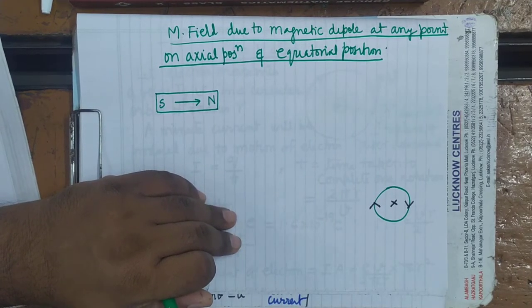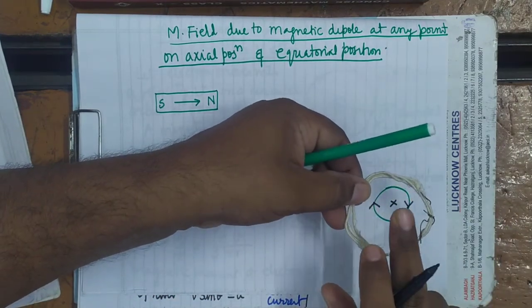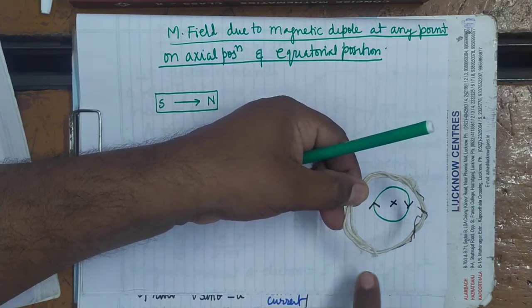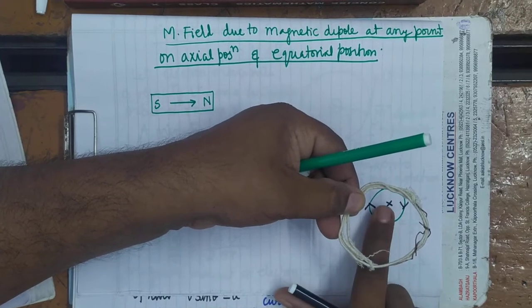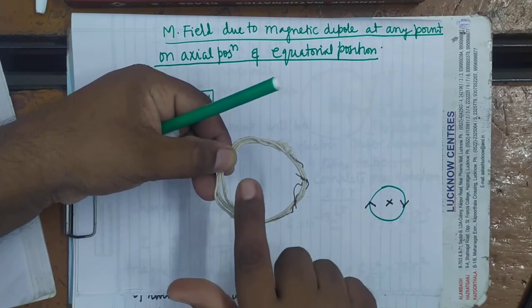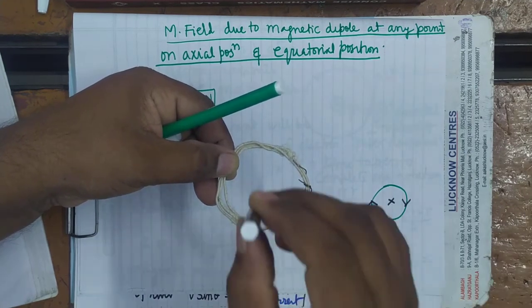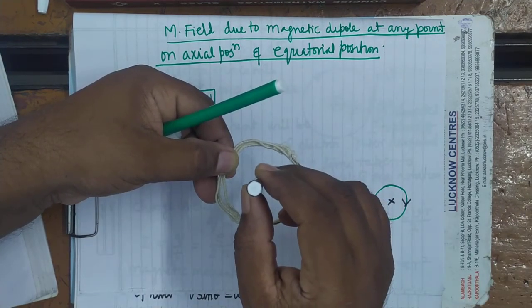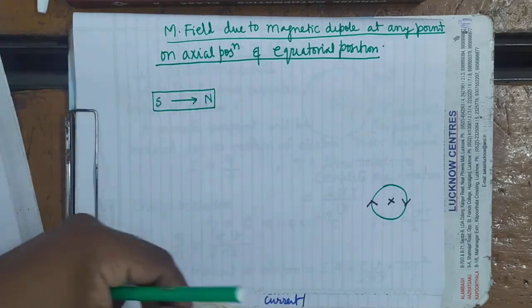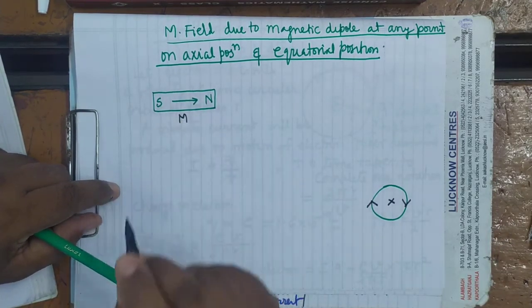It's clear. Now if you see in terms of polarity, what will be the polarity here? Here the current is clockwise, therefore the polarity will be south. And on the side below this loop, there will be north polarity. Means above the loop, south polarity; below the loop, north polarity. Magnetic moment is directed in the downward direction, means it is always directed from south to north. So this way we have found that the magnetic moment in a bar magnet is in this direction.